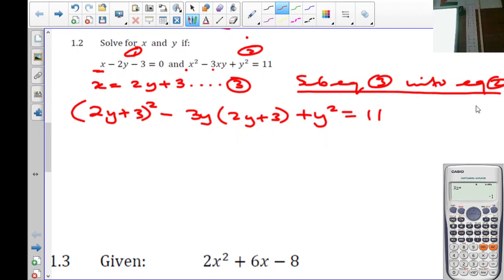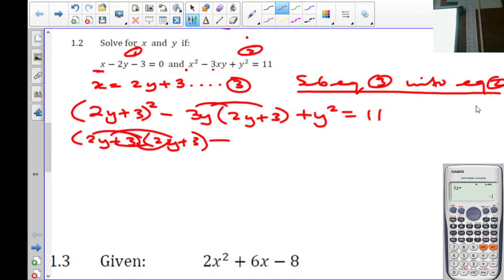Now very importantly, you see this binomial squared here. Many learners make the mistake and say that it's going to be 4y squared plus 9. Which is wrong. If you are a learner who does that often, I would suggest you write this out twice. You get 2y plus 3 times 2y plus 3, and then you multiply it out. Because many learners make that mistake and they lose out on the marks here. So if you do that multiplication out,